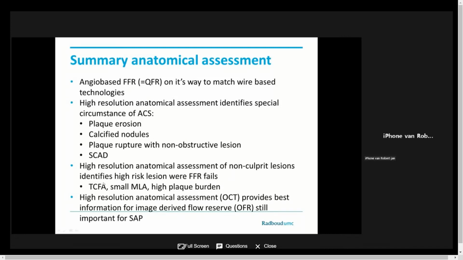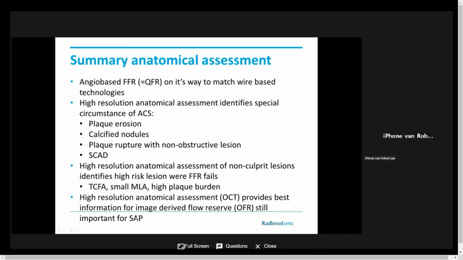It might be even better than FFR to identify high-risk lesions with TCFA, small MLA, high plaque burdens. The high-resolution OCT provides the best information, the OFR, and that might be more